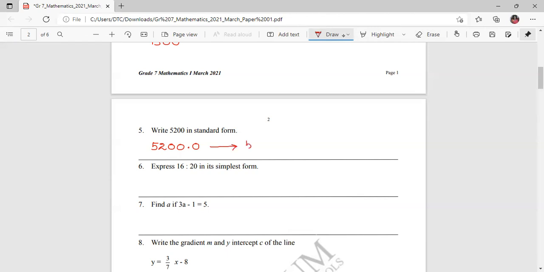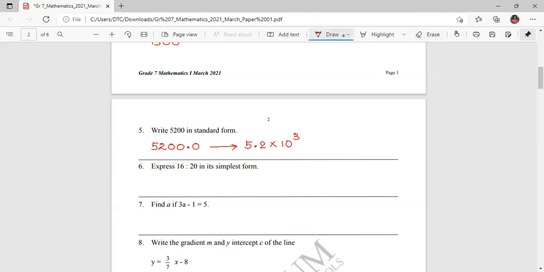So that is the number you can get, 5.2 multiplied by 10 to the power. Earlier the decimal was here. Now the decimal is here. So then 1, 2, 3. How many steps away? That's 3 steps away. Therefore, this should be 10 to the power 3. Am I clear? So first you want to write the 5200 with its hidden decimal. Then it's easier for us to get the value with the decimal, that is 5.2 multiplied by 10 to the